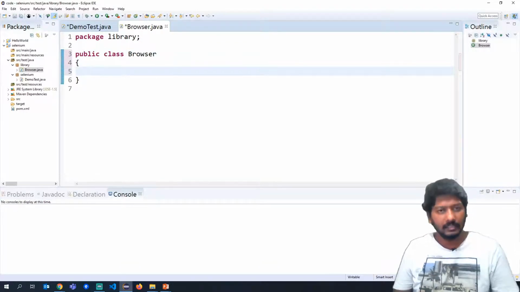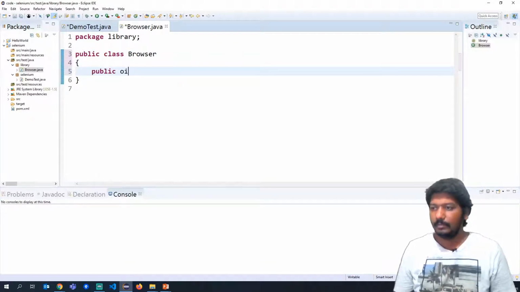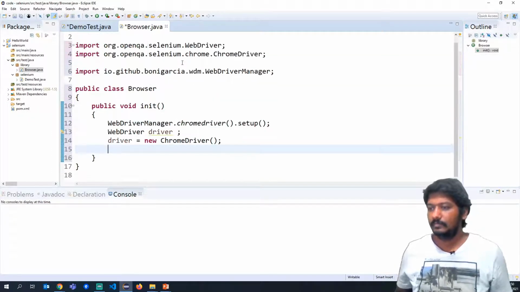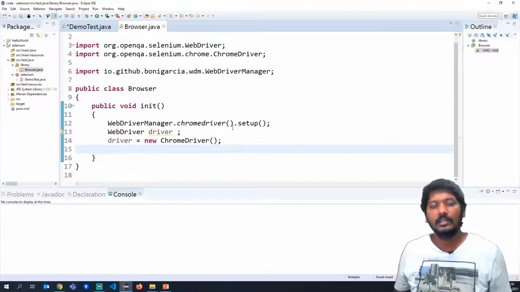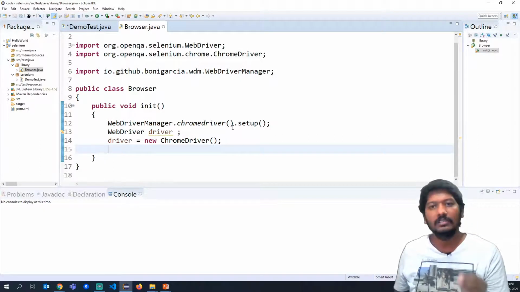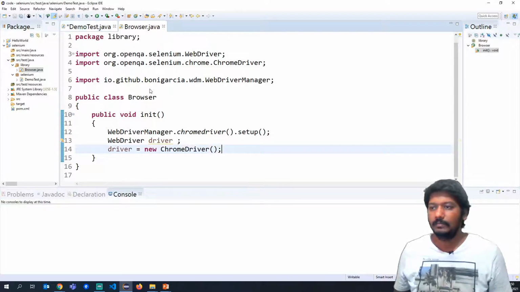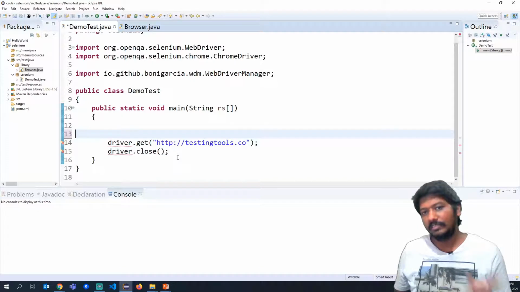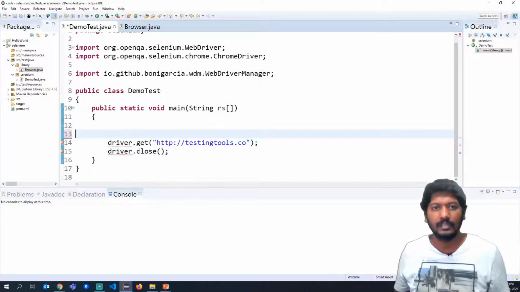First we will create a function, public void init. With this particular part of code, we have created an object for the driver based on Chrome driver. We will also move these two different lines of code into two different functions and then reuse them. Let me first create those functions and then I will explain.